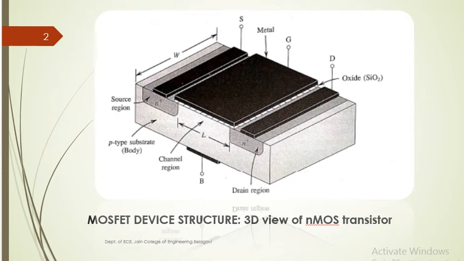The device construction will show a sandwich like structure, an oxide layer, on top of it metal layer, below there is a p-type substrate material. So this oxide layer is sandwiched between metal and p-type semiconductor or substrate material in gate region. On either side of this oxide layer you can see N plus regions. These are diffused layers, N plus regions. They act as drain and source.